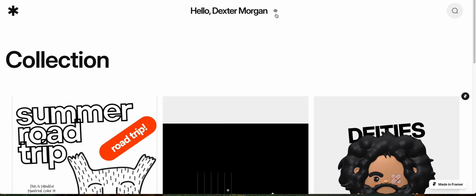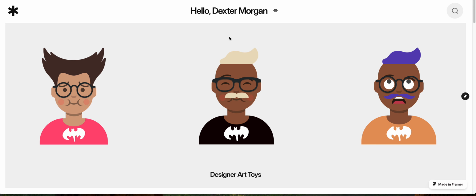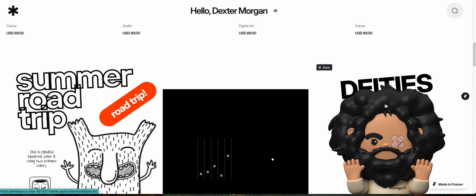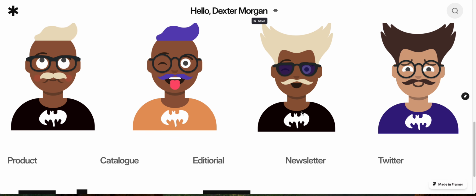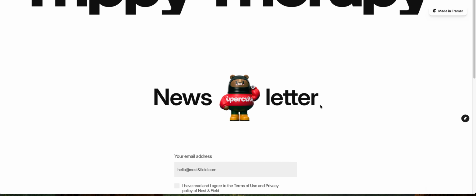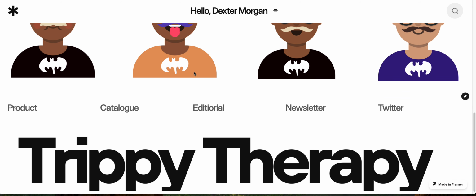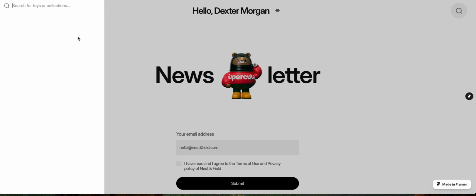So everything that I'm doing here is going to be much easier for folks who are much more skilled with Framer than I. The only thing I've really done here so far is change the welcome page transition from whatever it said originally to hi there, and then at the top it says hello Dexter Morgan, right? So all of these, which is obviously going to be changed, but all of these collections and all this stuff are, I think, really cool. And I changed the footer to match our branding, which is Trippy Therapy. You have a newsletter. You just have some really cool little features that I think are going to make this particular design